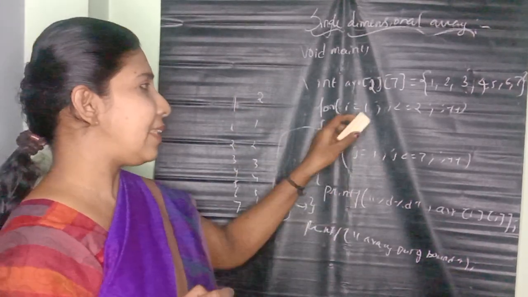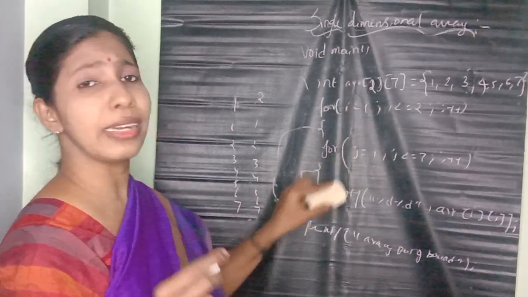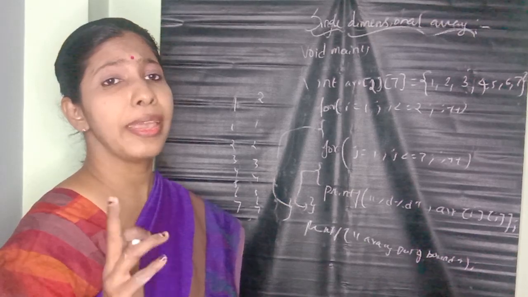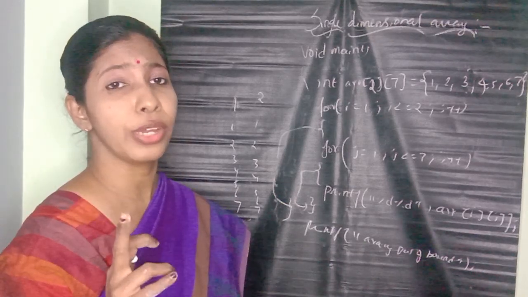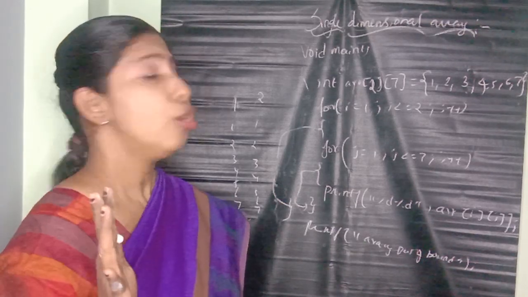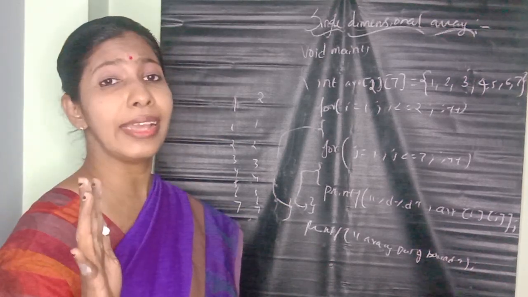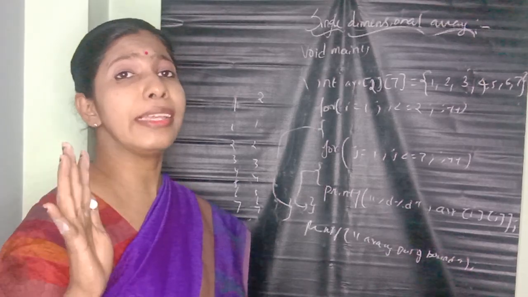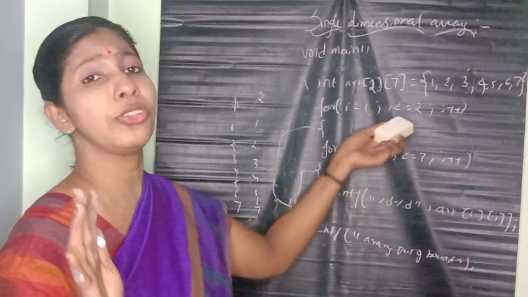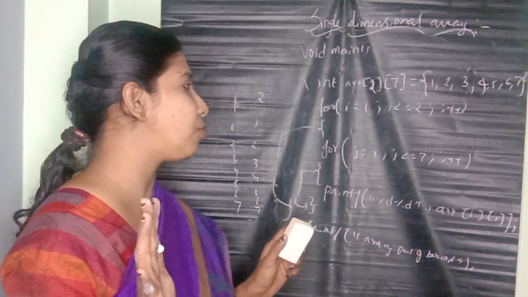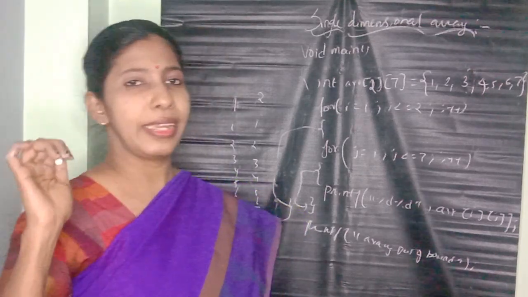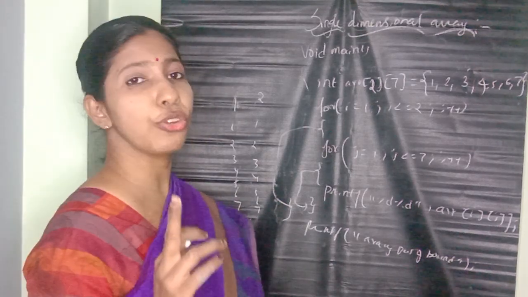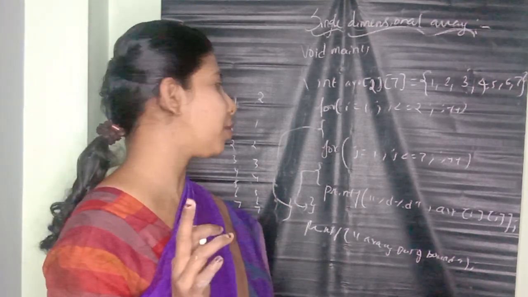So what happens? So I is equal to 1. So that is, for each ith execution of the for loop, the j loop executes one time. Make a note of it. For each ith execution of the for loop, if I executed 3 times, it means the j loop is executed 3 times. I is equal to 5 according to the 5th condition means the j loop executed 5 times. Make a note of it. For each execution of the ith loop, the j loop executes one time. Okay, make a note of it.